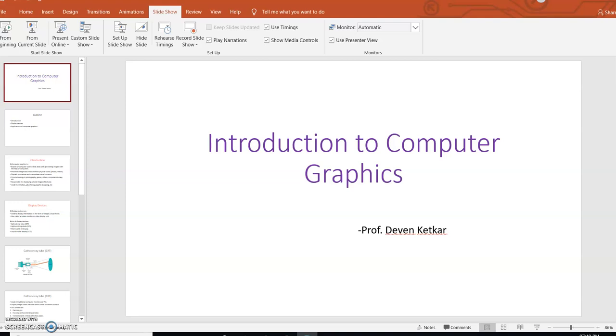So I think we have started with the first chapter or first unit, which is the introductory part as far as this subject is concerned. We have started with the definition of computer graphics. What are the fundamentals, or what is the meaning of CG? Then where it is used, what are its applications, or from the application point of view, what is its use, that we have discussed. Moving further, we have discussed display devices. I will recall the things in this particular session, then we will go further.